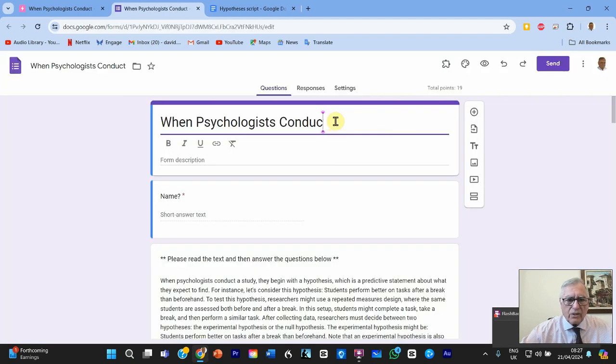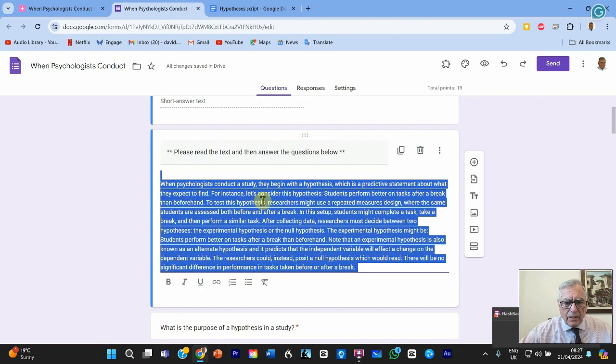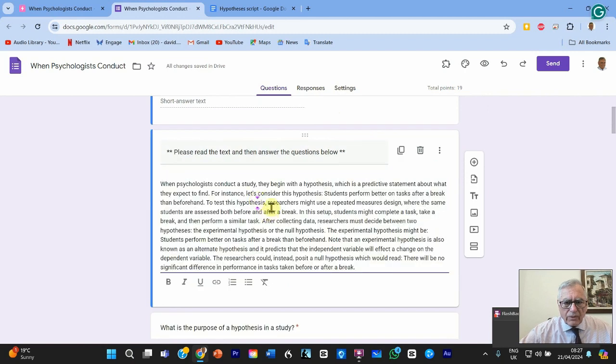The heading is incorrect, and one thing it does, when it copies and pastes, it doesn't take cognizance of paragraphs. So you will have to make those adjustments